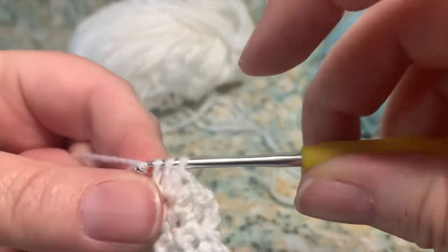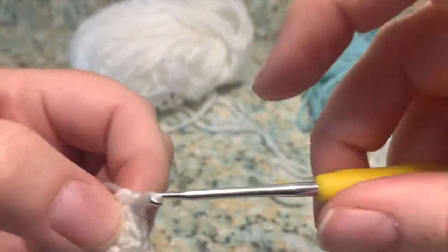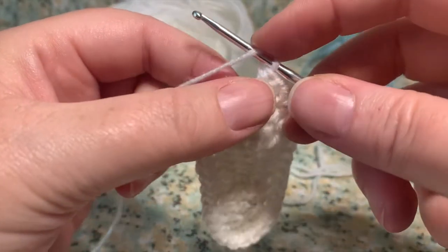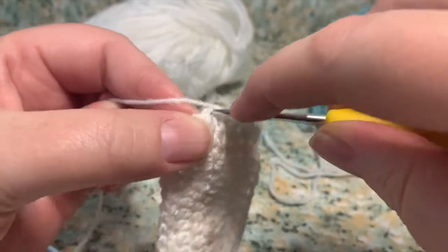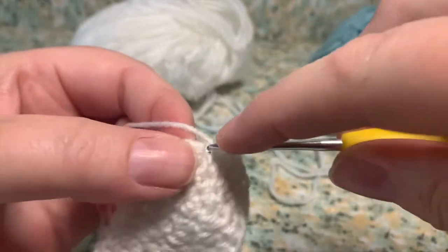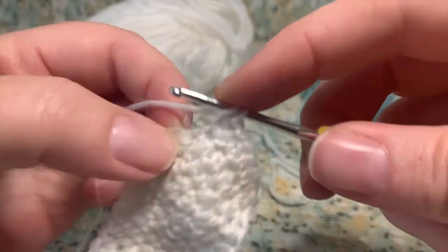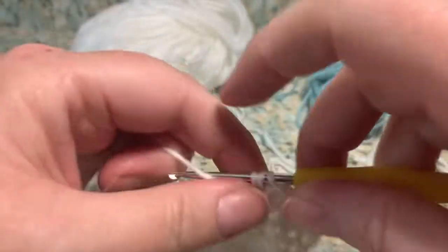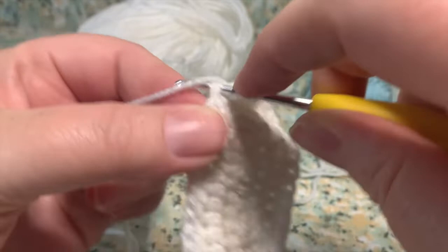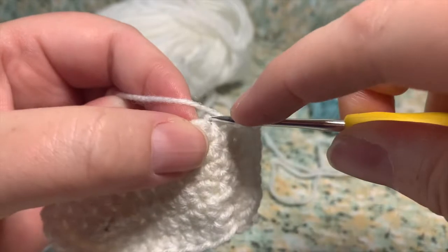So 1 and 2, then 2 half double crochet stitches in the next one, 1 and 2, then 2 half double crochet stitches in the next 2, 1, 2, and then 2 half double crochet stitches in the next stitch,